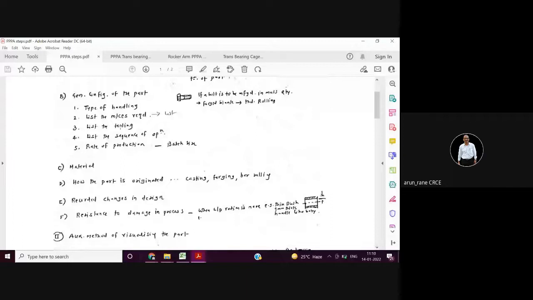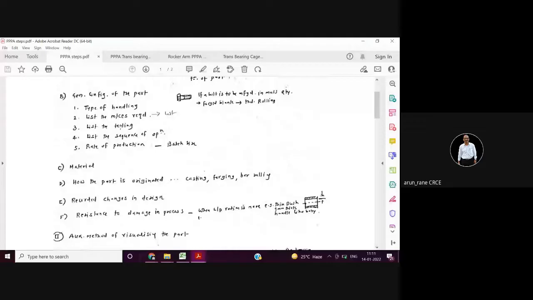So how to handle? Between the machines you can keep it in bins, 50 pieces, and those bins you can keep on a forklift or in trolleys, and you can move those trolleys manually or on a track or on rails, in order to move from department to department or from machine to machine. Okay. So आपने एक बिन ट्रॉली में से लेके आया, बराबर है, और मशीन के बाजू में रख दी, बराबर है। अभी उसमें से आपको मशीन के चक के ऊपर वो पीस लगाना है. So how